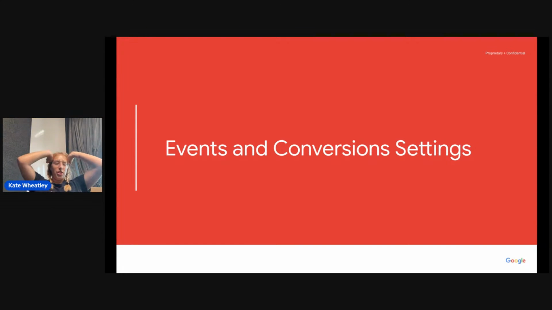I just need to think of an example so this isn't too abstract for you. Say, for instance, you had an event parameter for content name or article name, and you've got all these pages on your site that don't have articles. You've got the home page that doesn't have one specific article name we can assign. You've got a page on your subscriptions, a page for contact us, a page for careers. Those pages will all not have a value for article name because there is no value that makes sense for that page. So you'll see not set come up in that case